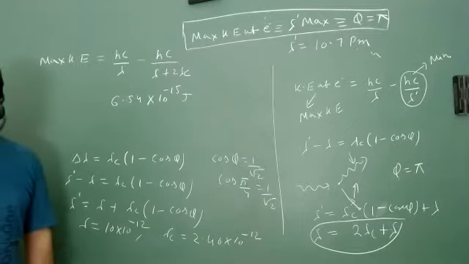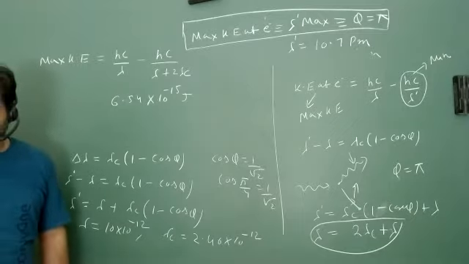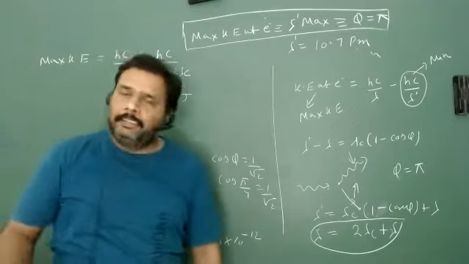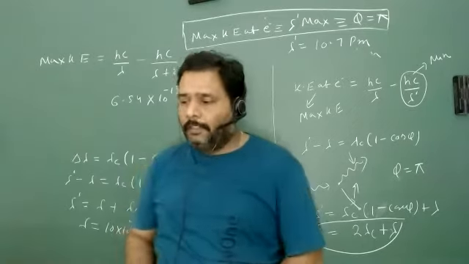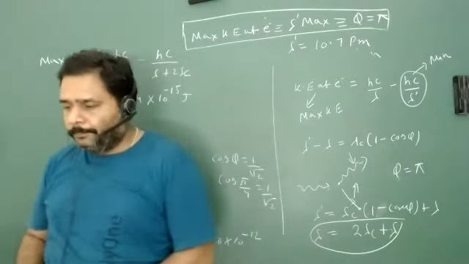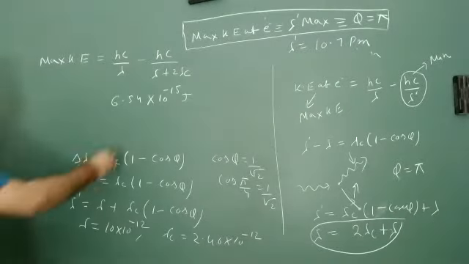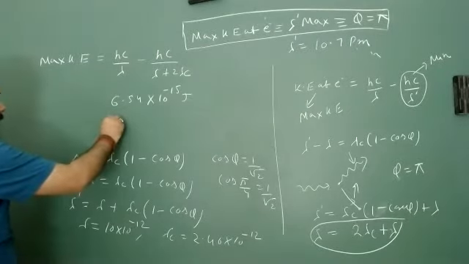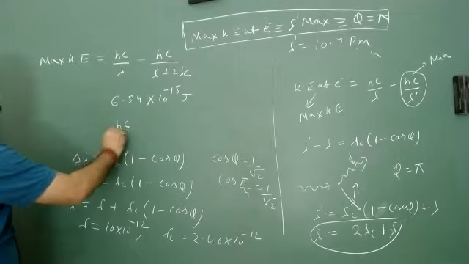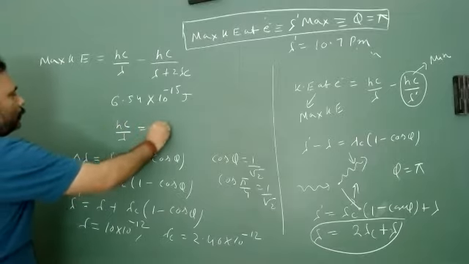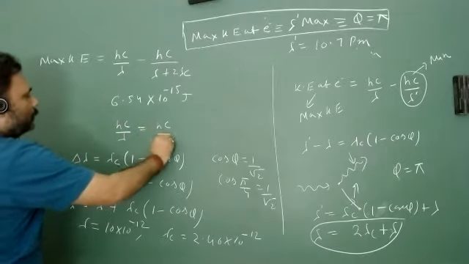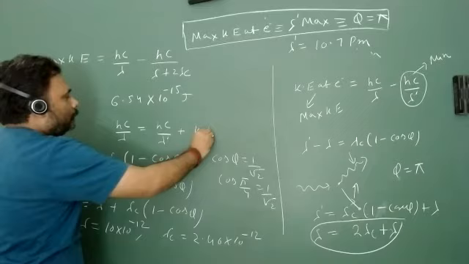सर इलेक्ट्रॉन की रेस्ट मास एनर्जी भी होगी यहाँ? I am just talking about kinetic energy, then everything is yes, electron की rest mass energy होगी, क्यों नहीं होगी? सर वो कैंसिल हो जाएगी नहीं सर? नहीं, अरे आप तो kinetic energy आपका फॉर्मूला आपने नहीं देखा? What is this? hc upon lambda is equal to hc upon lambda dash plus kinetic energy, यही तो है.